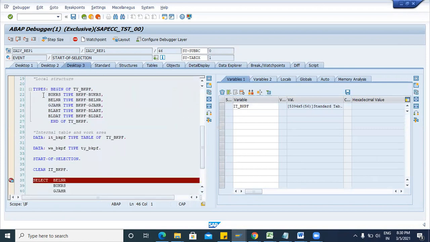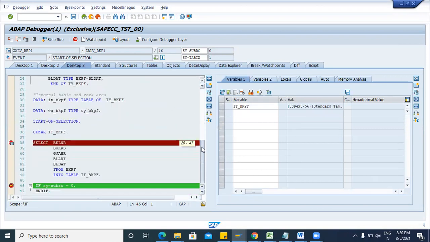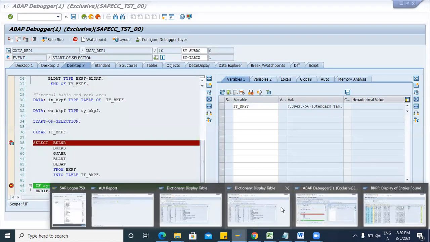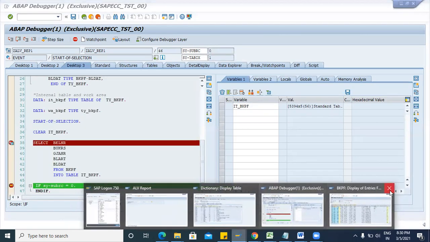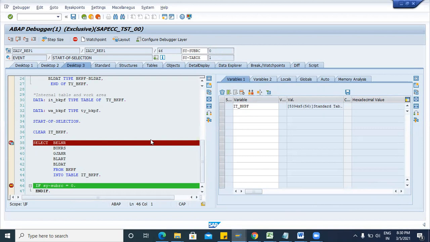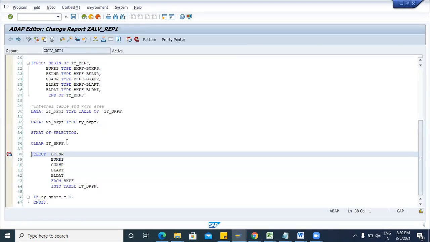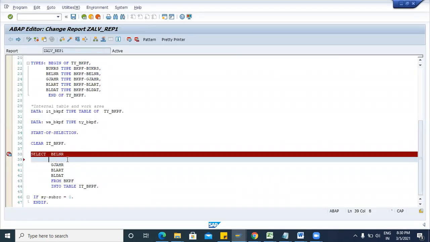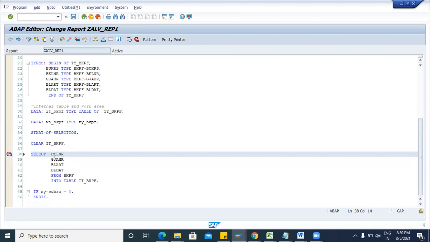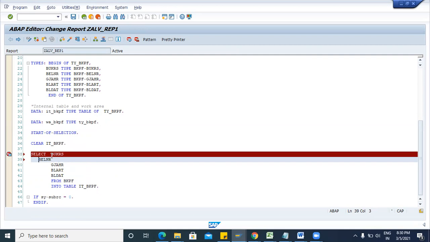The first field is company code, then the accounting document number. So you have to follow the sequence. Just go back and follow the sequence. If BUKRS is maintained at the first position in the table, then you have to take it first.